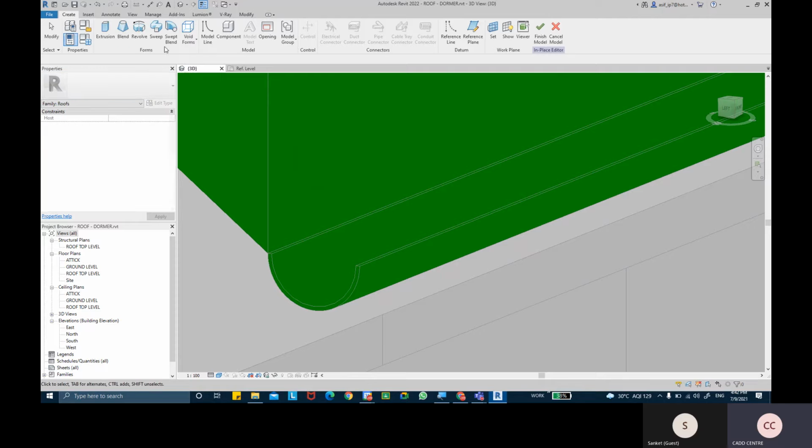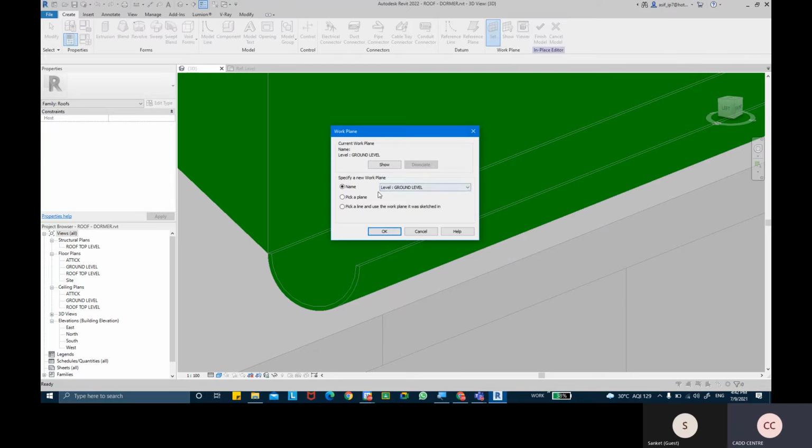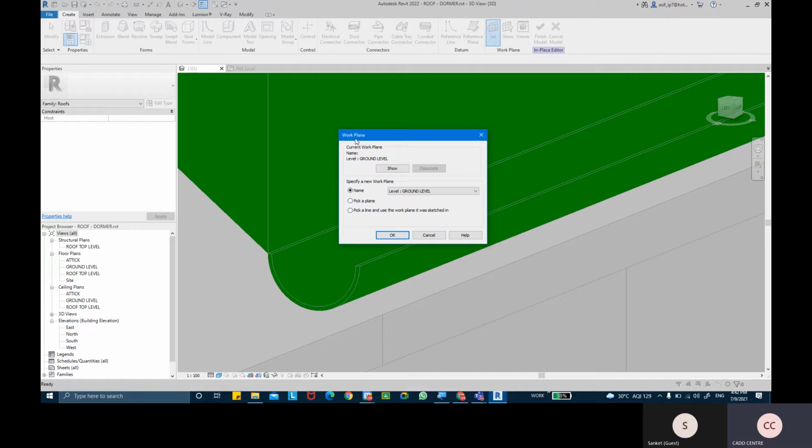And now you can see I get the tools exactly like we get it in the families, basically, right? So first thing I'm going to use this tool that is called set a work plane, because I want to create a cap at this plane over here, basically. So take set work plane. It will tell me, okay, you want to use a work plane. So which work plane you want to use?